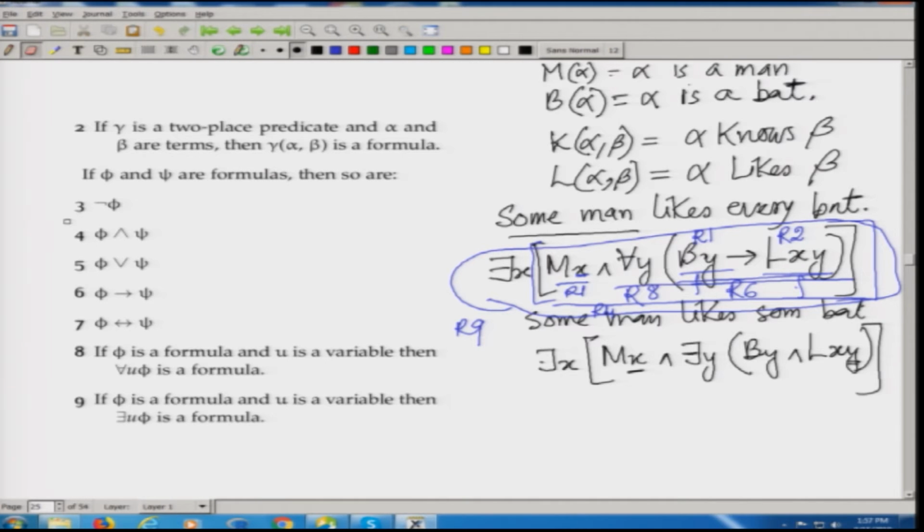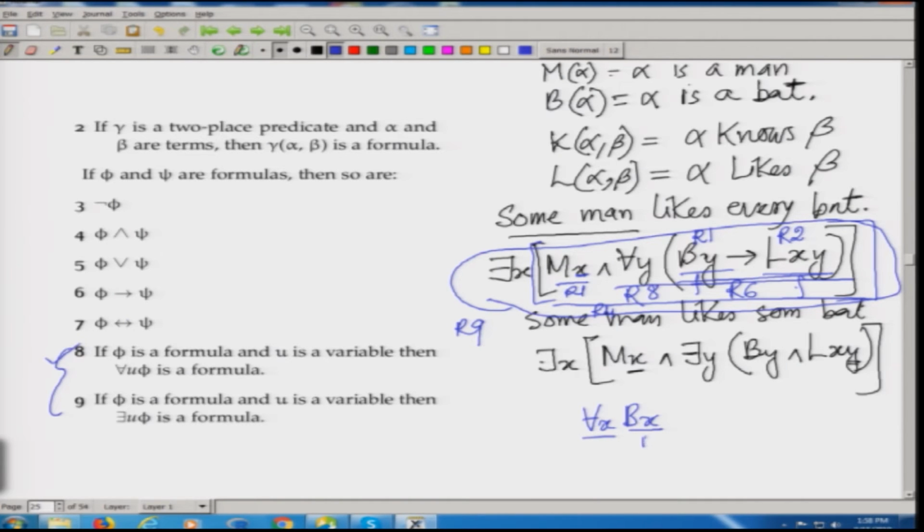These are basic rules. After using 1 or 2, I can directly use 8 or 9. So, for example, for all x Bx, that is everything is a bat, I directly use rule 8 on